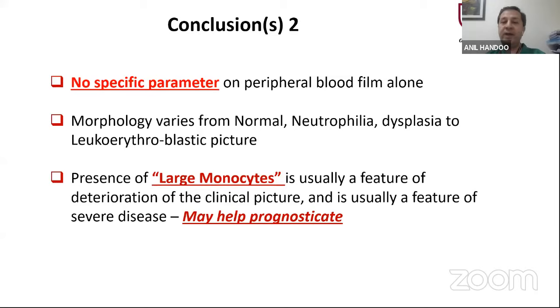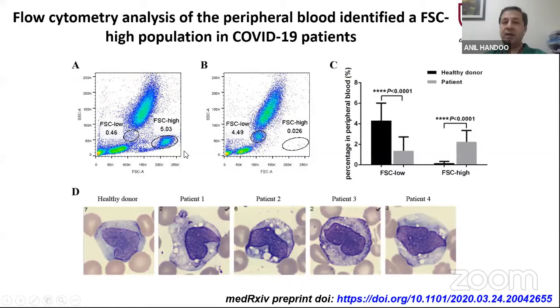Okay, that takes me to the next part of my presentation, and that's flow cytometry. I'm sure some of you would have attended my previous talk as well, so this is nothing new. I'm showing you the same material which was shown the last time. In flow cytometry, what is very characteristic is the presence of these large monocytes. They're very distinct, and you can see them on the forward scatter and side scatter as a distinct cluster of cells